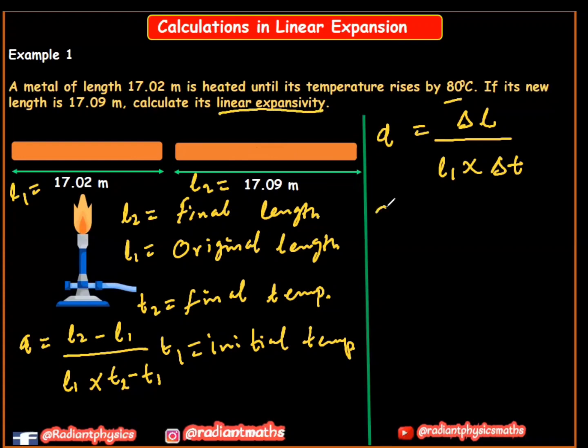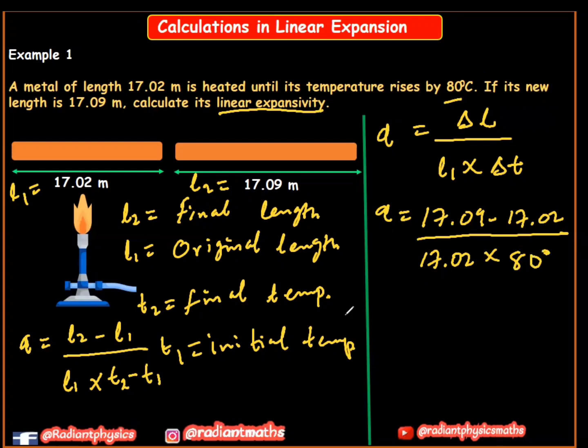So we have this equal to change in length, which is L2 minus L1, so 17.09 minus 17.02, divided by L1. So we plug in what we have, 17.02 is L1, times change in temperature. Change in temperature is given as 80 degrees Celsius. Therefore, if we subtract this from this, we are going to have 0.07 and then divided by